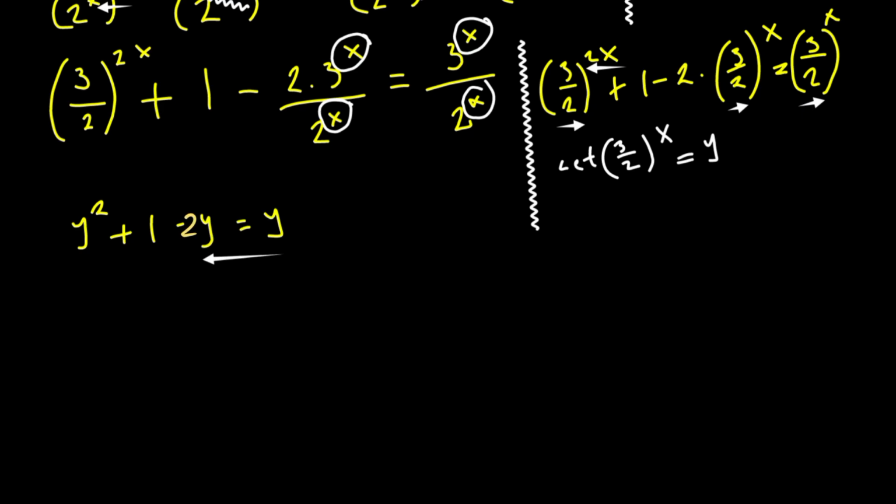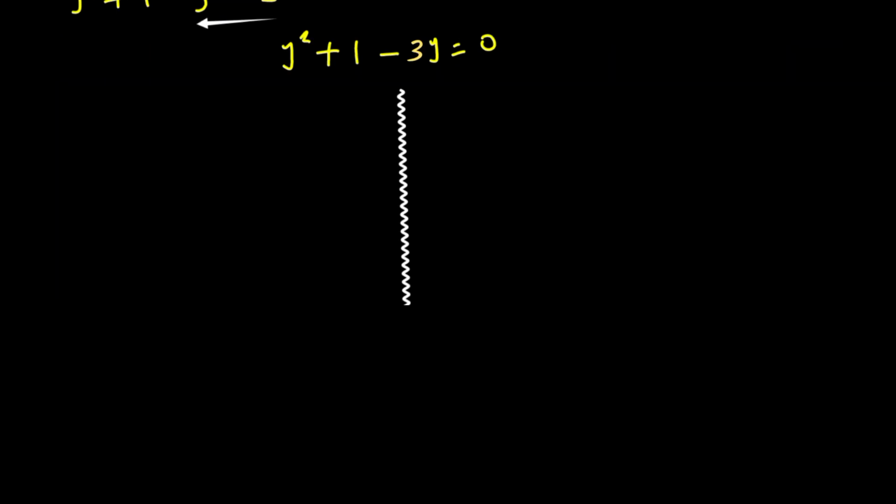When we transpose, we have y² plus 1 equals 0, and when we solve this quadratic equation using whatever method we like,